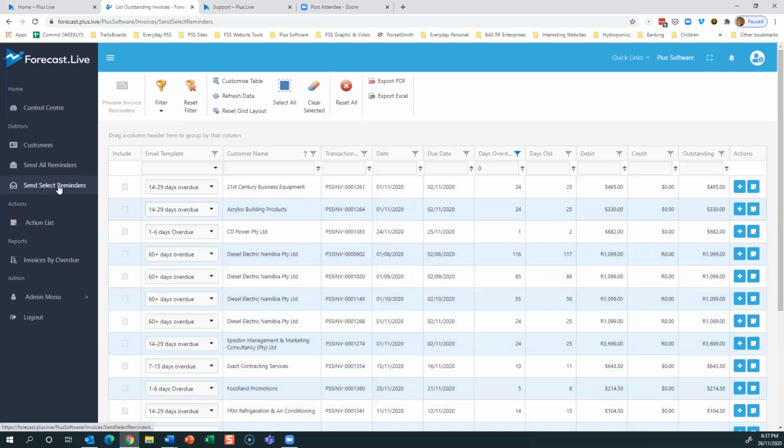So that's really the crux of Forecast, the ability to view information in a pleasing table. I can send all my reminders as I see fit from my finance team, or I can send select reminders. That's the magic. Now, again, you'll note on this screen, if I move across to the right, you'll see these